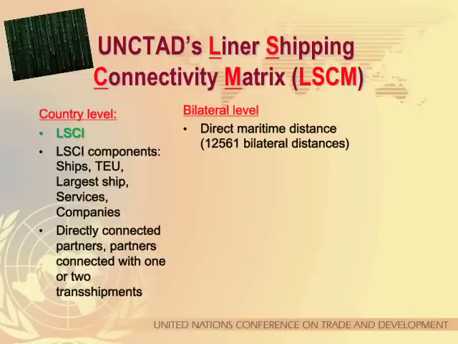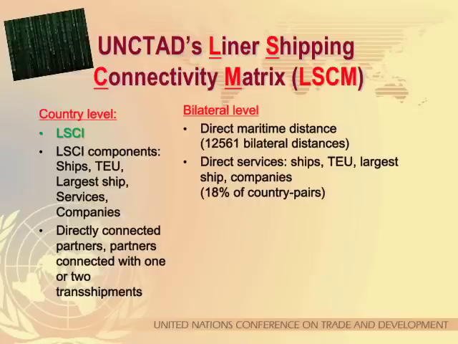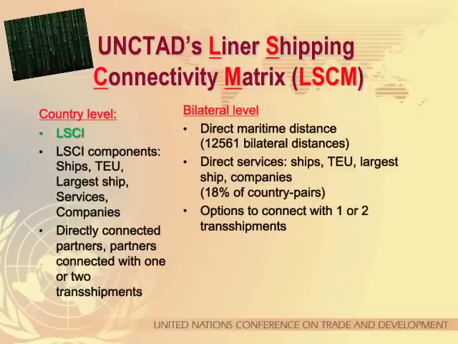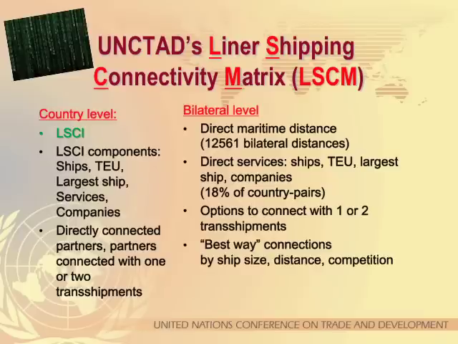For United States to Germany we take New York, Hamburg, for example. We have the information on the direct services, but this is only for 18% of the country pairs. And then we have added the options to connect with 1 or 2 transshipments, the best connections by ship size, distance or competition, the number of common connections,